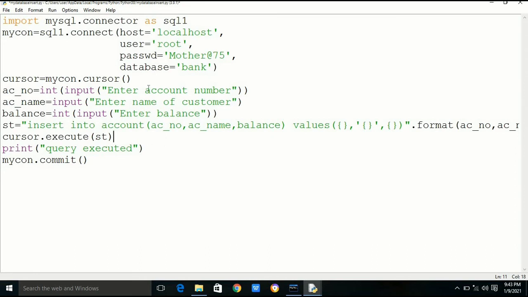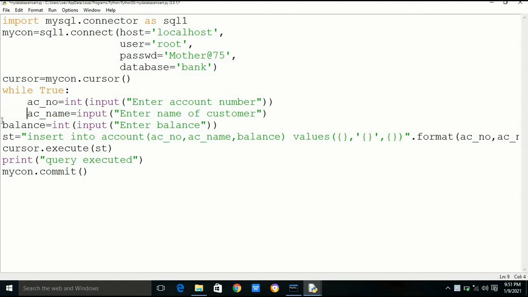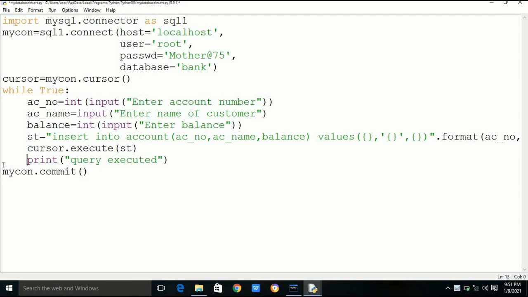For that we are using a variable ch, and if we give y, then we can insert more rows in it. If we give n, then the insertion work will be stopped. Here, as we do not know how many times the user will give the value, we are not using a for loop, we are using a while loop. While true, and we will ask from the user as much data as the user wants.